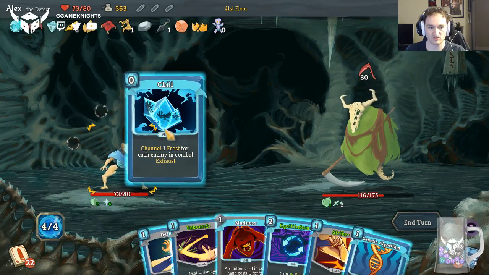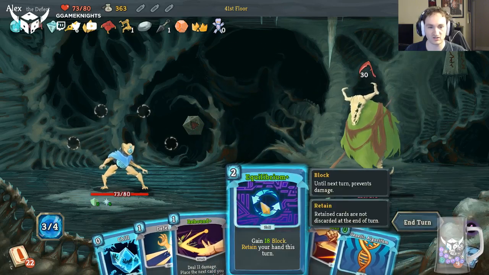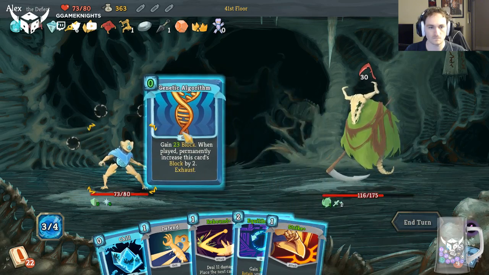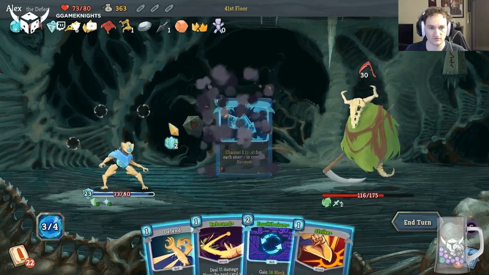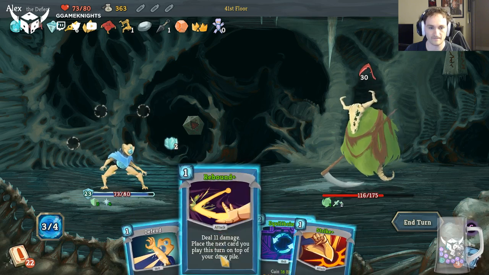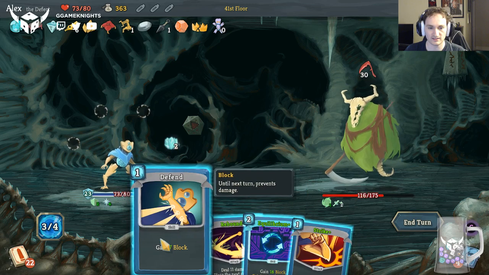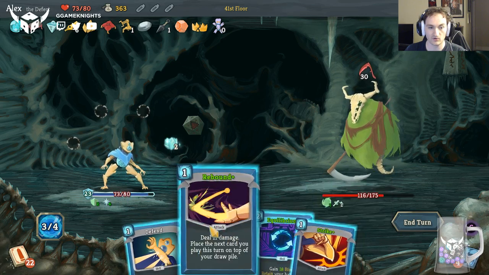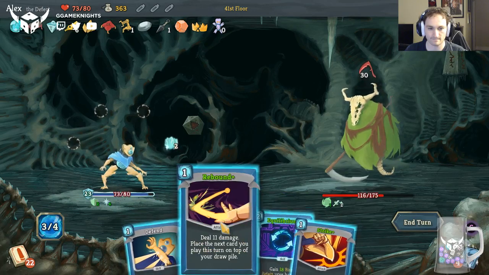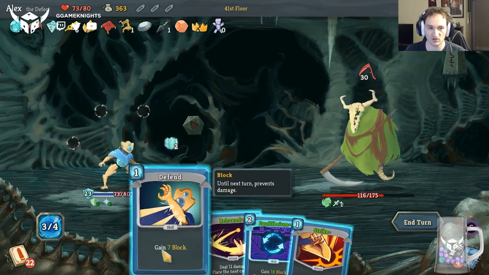I can channel... Actually, hold on. Let's madness what I have. Okay, free genetic algorithm, which I'm gonna do. Chill for that extra block. I'm gonna need to defend. It's just a question of, I think if I equilibrium and then defend, or no, rebound, equilibrium. Because this is gonna do 1 damage, or I can